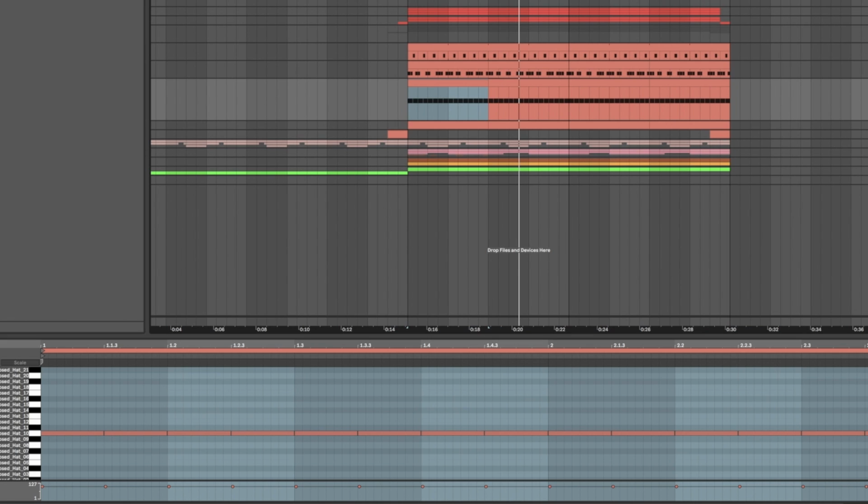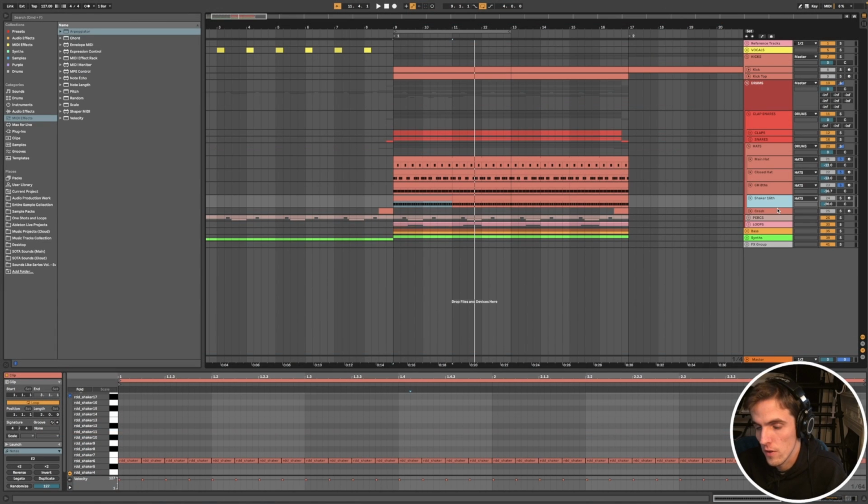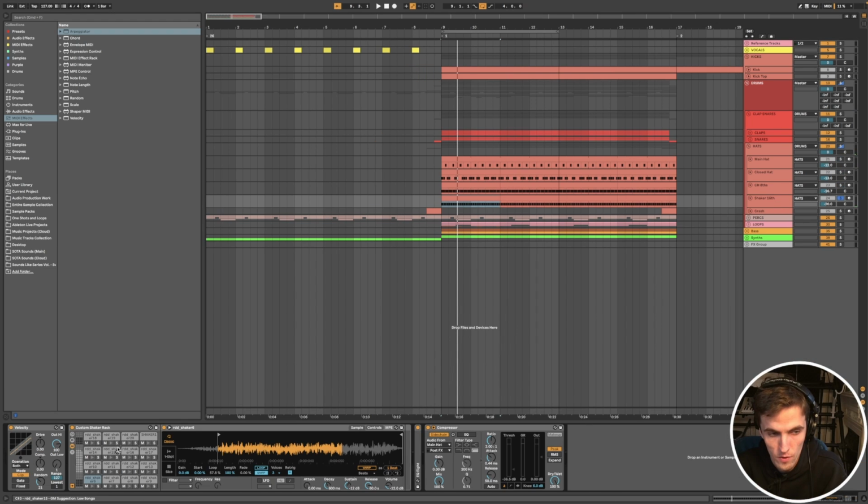So it's very subtle, but you can definitely hear it's helping to add a lot of energy. A lot of the decisions you make when it comes to hats will be affected by how energetic you want your track to be, or how stripped back you want it to be. So basically pick one or the other and have the right amount of hat elements to suit that. And the final thing is this 16th shaker,